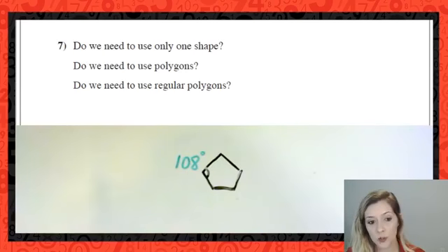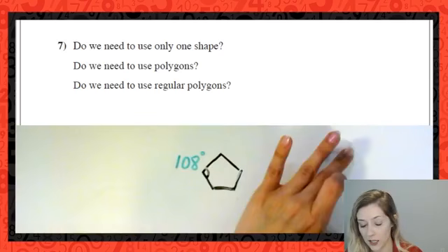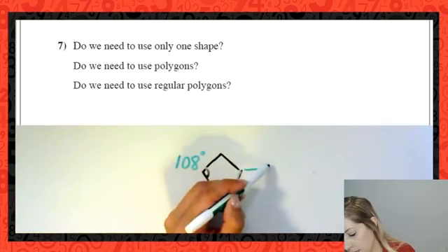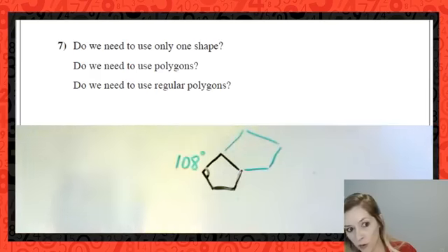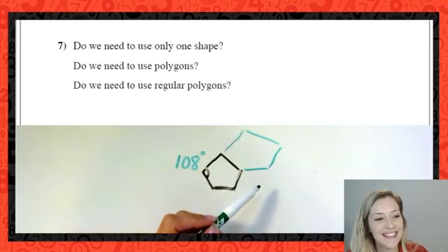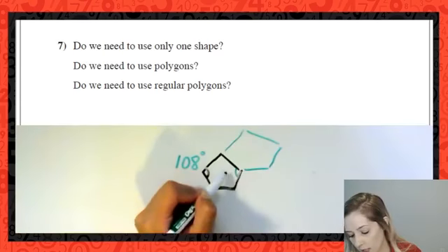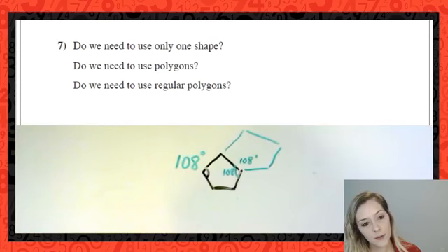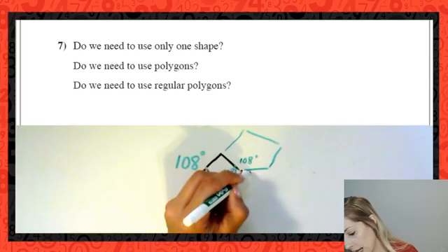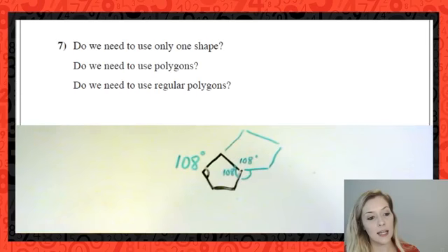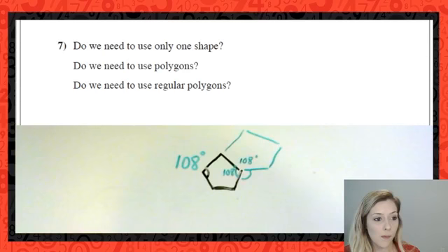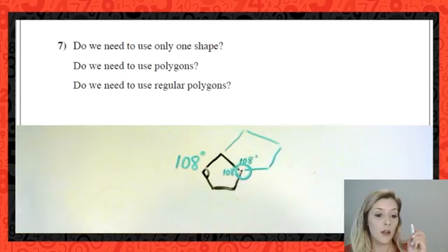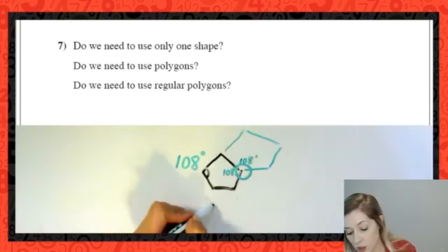If I wanted to just use pentagons to fill in my entire plane, let's assume it's just the portion of my whiteboard you're seeing here, I'd want to then, let's say, place a pentagon here in my poorly drawn tessellation, so please don't judge, which would mean I have 108 degrees here, I have 108 degrees here. Okay. Would I perfectly be able to fit in a third pentagon here? The answer is no, because if I tried, I'd have to make sure that this fills up the entire degrees of a full circle, which is 360.